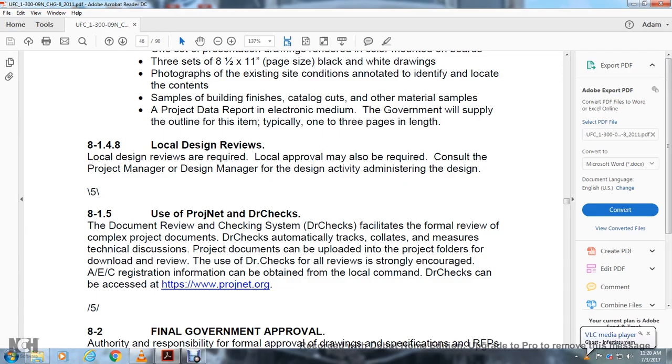8149, using ProjNet DrChecks. DrChecks is the document checking system for facility review, used for formal review of complex project documents. DrChecks automatically tracks and collates comments for technical discussion. Project documents can be uploaded to the project folders for download and review. For the use of DrChecks for all reviews, it is strongly encouraged that the AE and contractor registration information be obtained from the local command. DrChecks can be accessed at